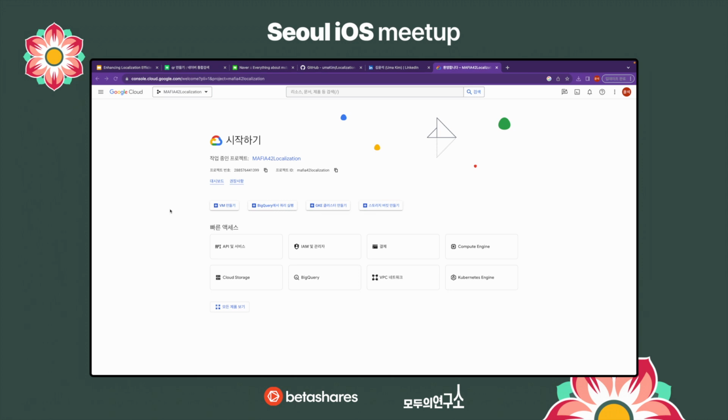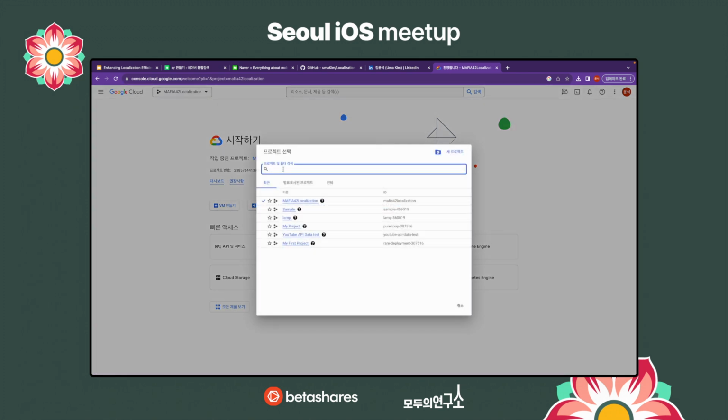So first, you need to visit your Google Console website. In order to make your RPA access your Google spreadsheet, you need to get a JSON format key from Google. First, you need to choose a project, or make a project here if you don't have one. I already made one here, so I'm going to use that one.